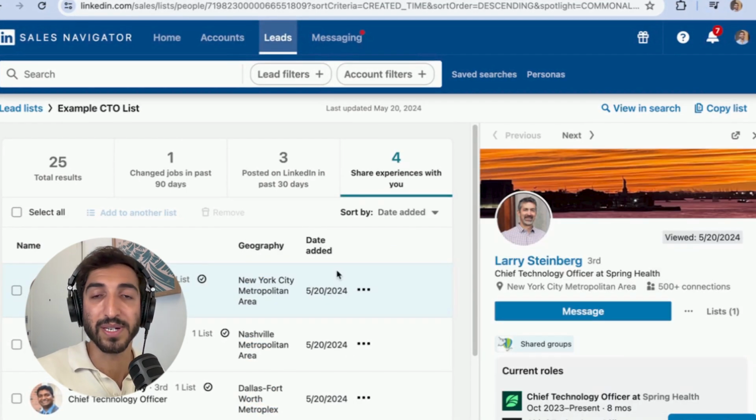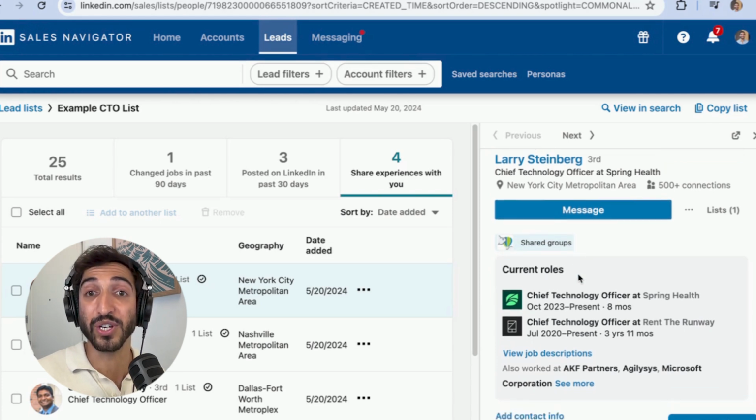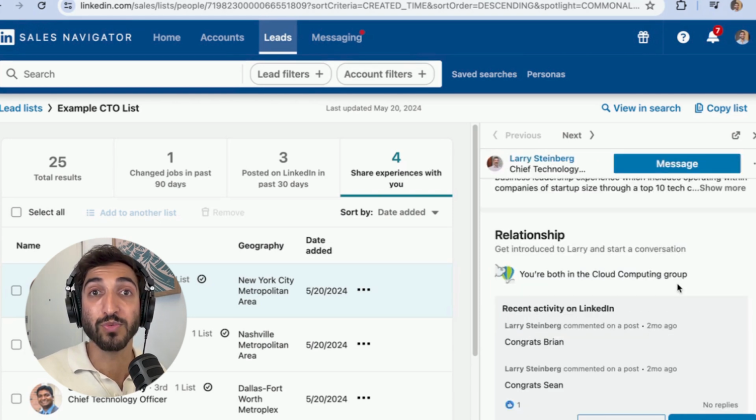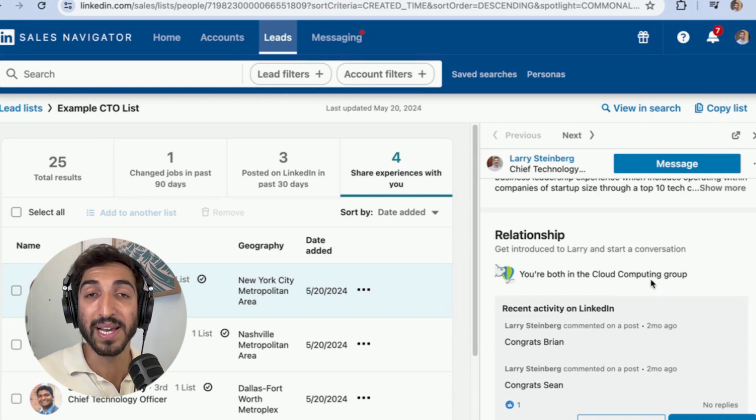So if I click on this person here, I can also see what their roles are. It tells me here on the top that we have a shared group. I can look at the bottom here and see what group we're both in, so I can use that as a way to engage. I can look into this group to see if this person has posted as well and take that as a way to engage. This is a great way to find reasons to engage in a personalized manner with your prospects and hopefully get a positive